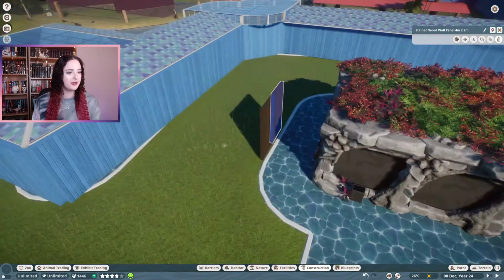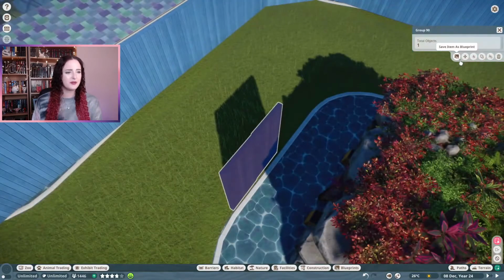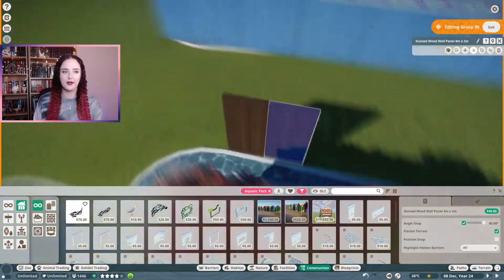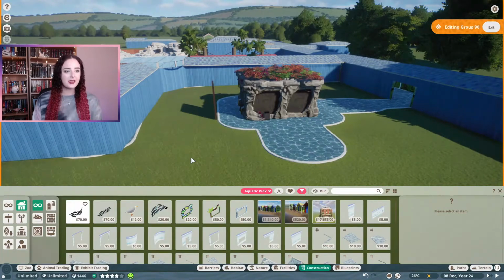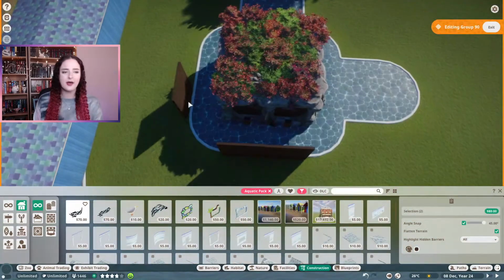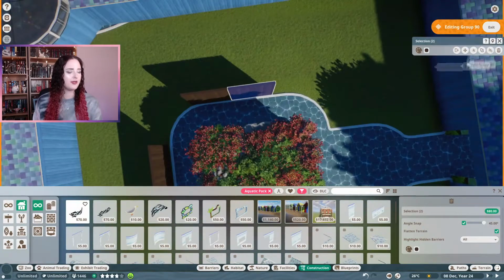Let's get back into Planet Zoo and building in our underwater zoo. I'm super excited today because we are doing something ever so slightly different, because I need to make something for an exhibit species. The Diamondback Terrapins need a home, basically. So I had this gap in between, and I thought it'd be nice to fill this gap with the